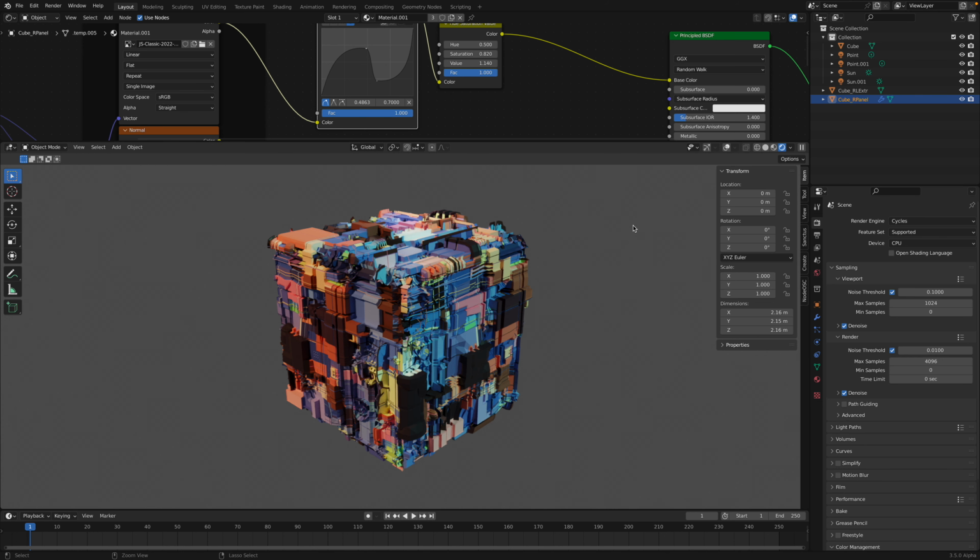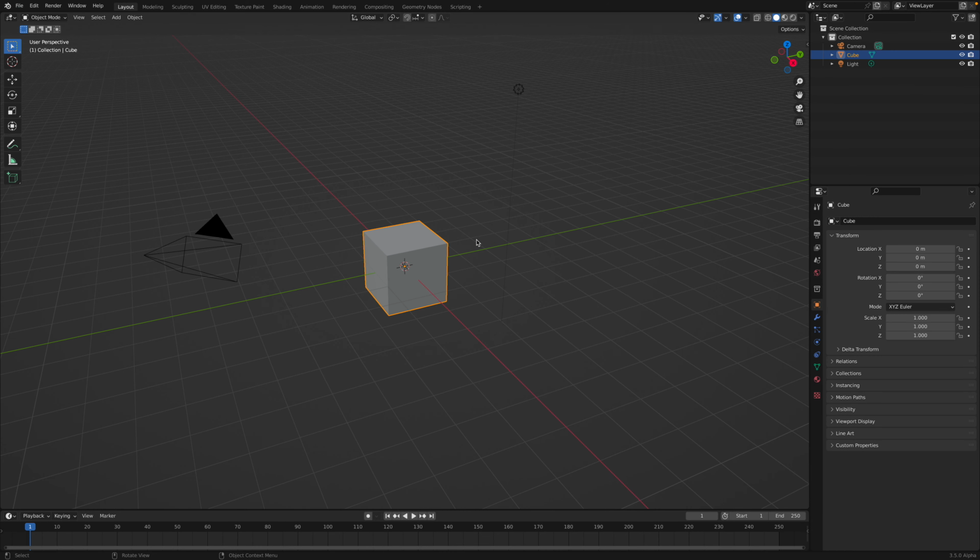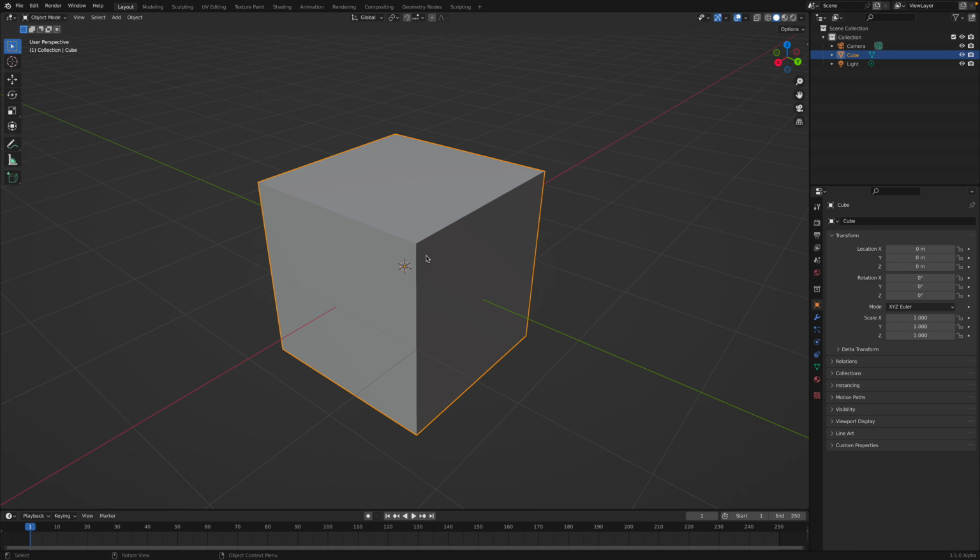So let's say I want to start from scratch. So the default cube, right? Shift Q will give us the random flow. There's so many possibilities here. You can actually apply random vertex color as well. I haven't tried all. Let me try with just